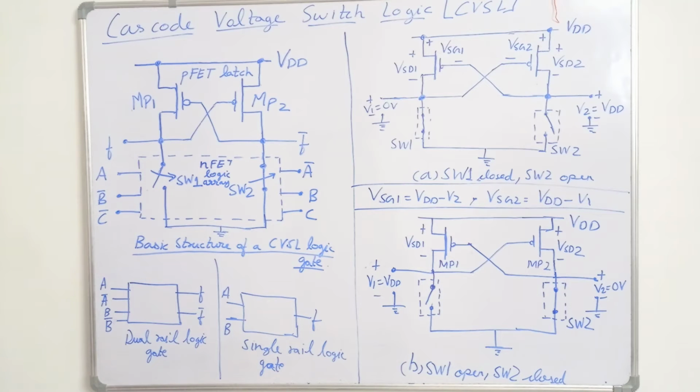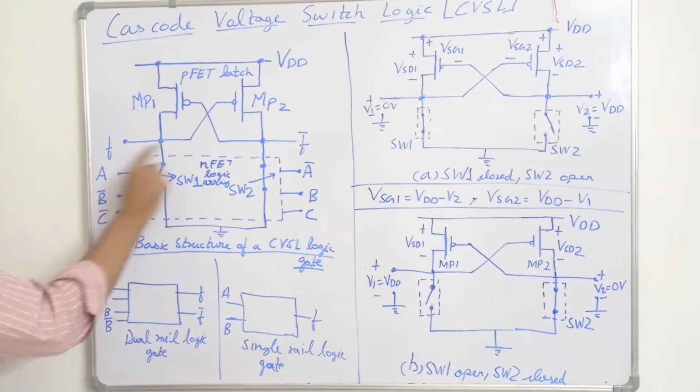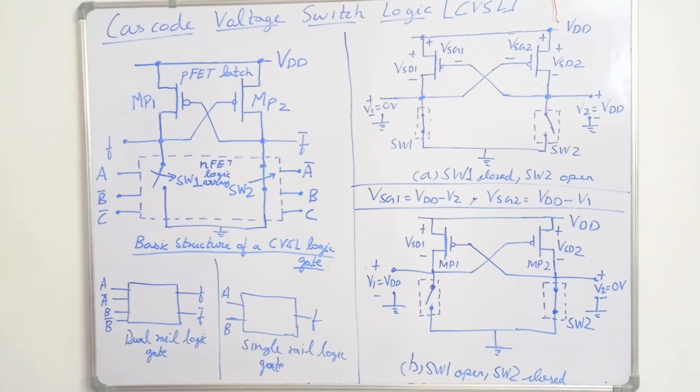So in a dual rail logic, they use both the variable and its complement as the input. Similarly, the output also consists of both the original as well as the complement. In the output you can see F is present and its complement F bar is also present. So this is the structure of CVSL logic. It is a dual rail logic gate. Dual rail logics are used because they are faster, and the only disadvantage is that they increase the circuit complexity.